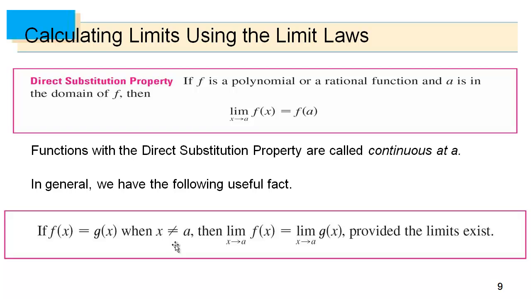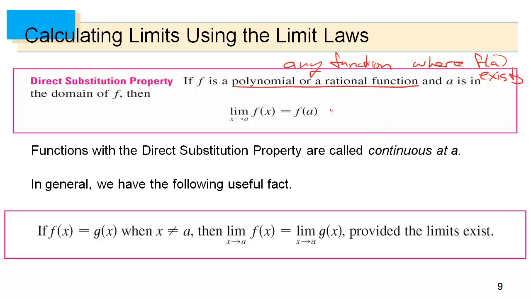So anytime you have any function, here it just says polynomial or rational, but it's even more general than that. Really, if it's just any function where f of a exists,